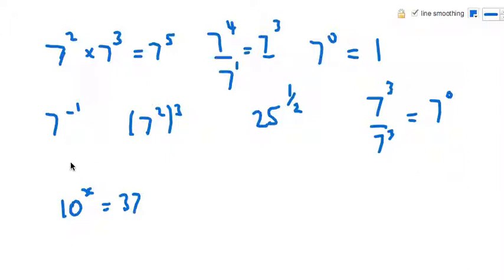7 to the minus 1, talking of reverses, that's going to be the reverse of 7 to the 1. So what's the reverse of a number? It's reciprocal, so it's going to be 1/7. It's also due to division and subtraction, as we talked about. There must be an extra 7 on the bottom that hasn't cancelled, so it's kind of the reverse of the